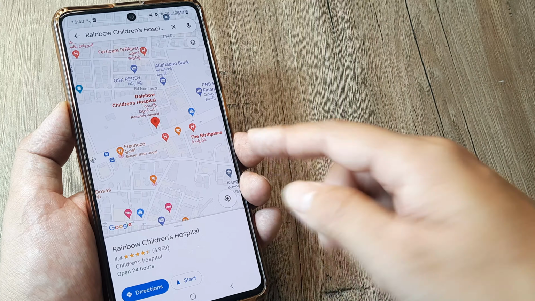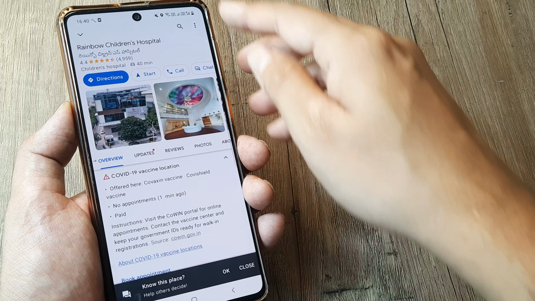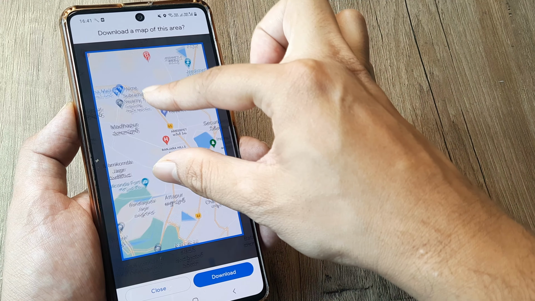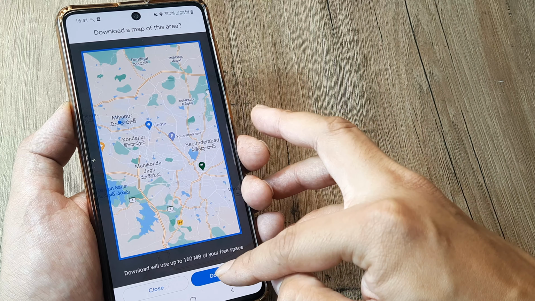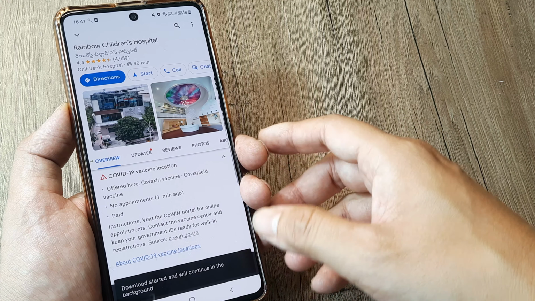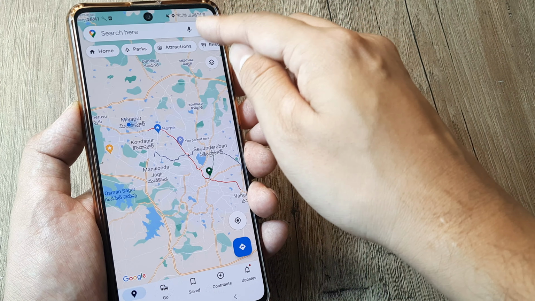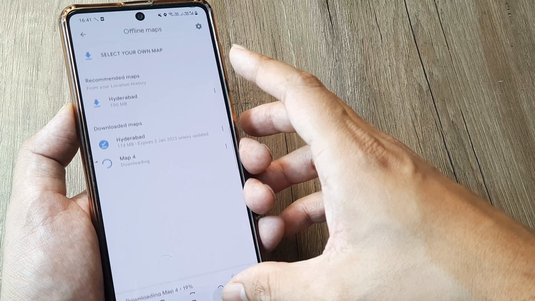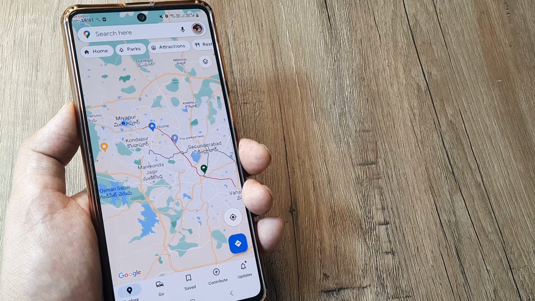I will select this hospital and then I tap on this hospital, I get these three little dots. I can download the offline map. Then I can simply zoom out so that I can at least have my place and other things. I can then download this. So it will happen in the backend. Once this happens, I can actually access this in my offline maps. And once it's in the offline maps, it stays there and I can access it anytime I'm offline.